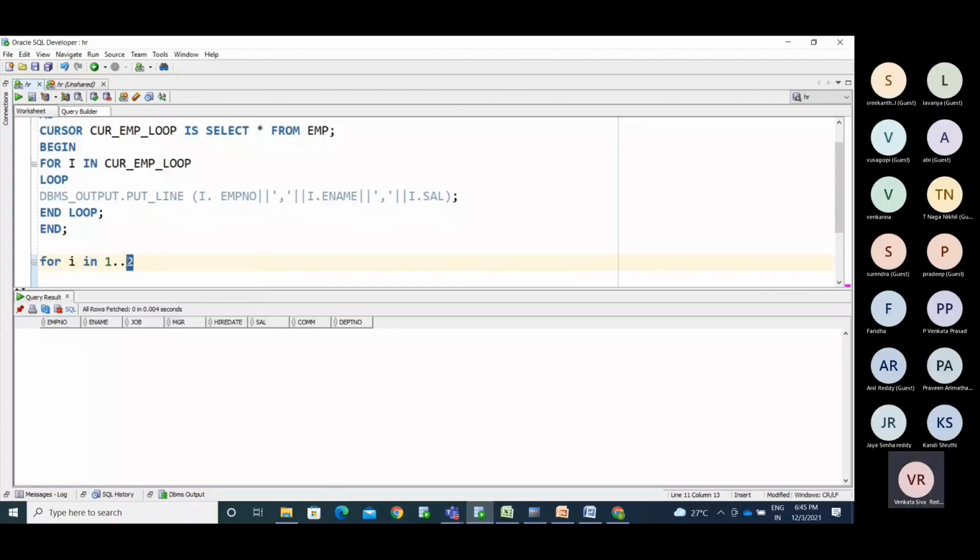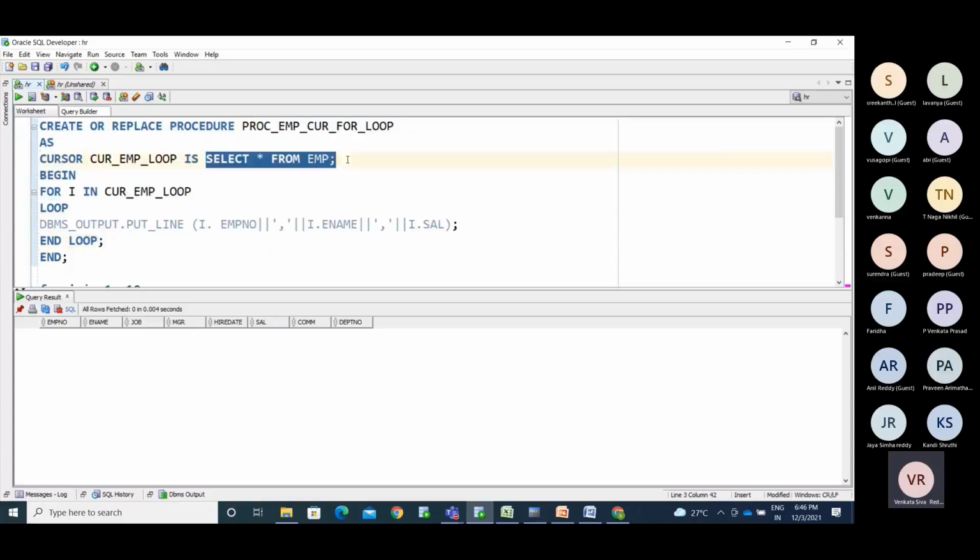If you put 10, it starts with counter value 1 until it reaches the 10th value. This is the lower bound and this is the upper bound. That many iterations in this range, the for loop performs.